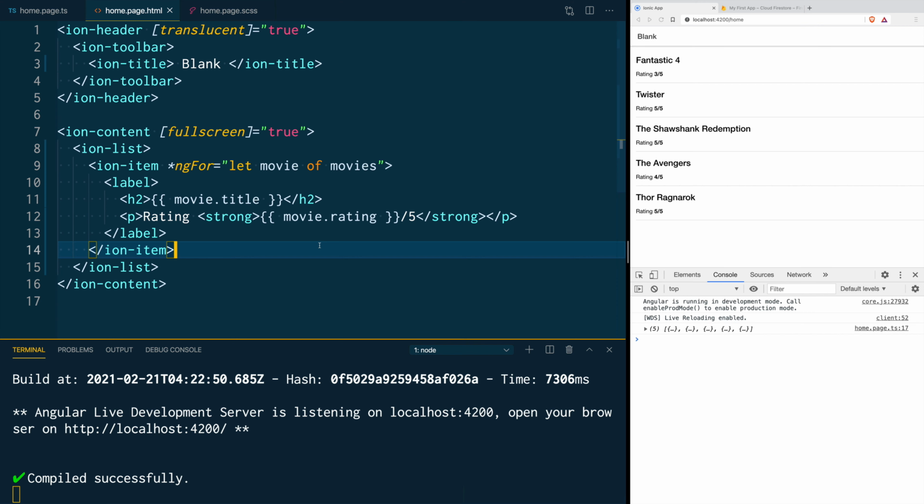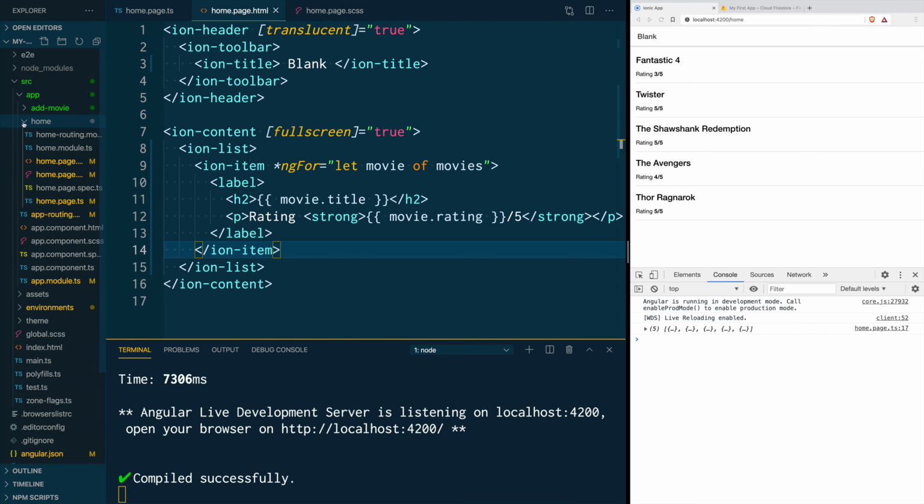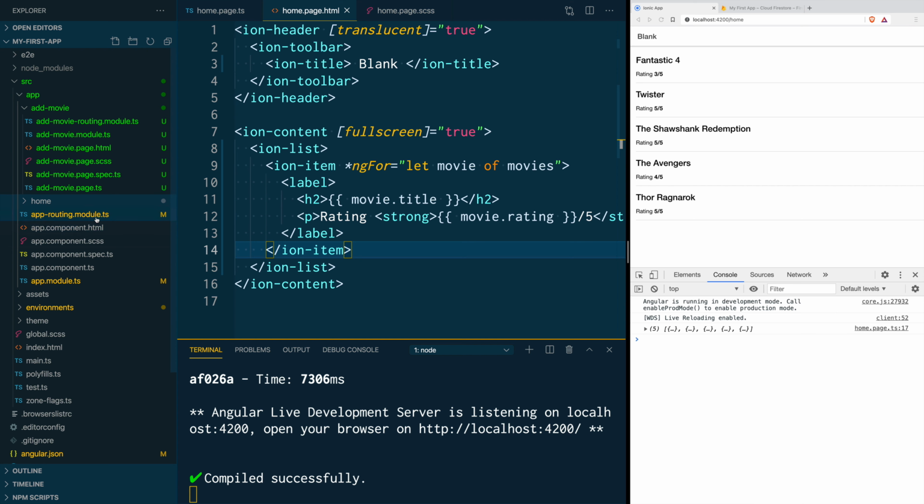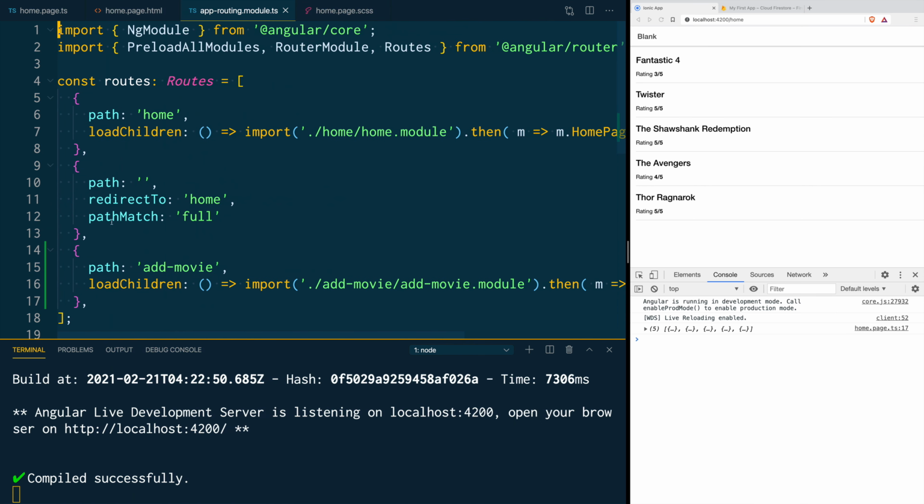Okay, and if we open our files, we can see that here next to the home module, it added the add movie module. This module has its own routing and its view, style, and TypeScript files. Another change you can see is that it edited the app routing module and it added a new route for our application. So we have the home page and then we have the add movie page. So if we go in our application and navigate to add movie, you see that we are now in the add movie page.